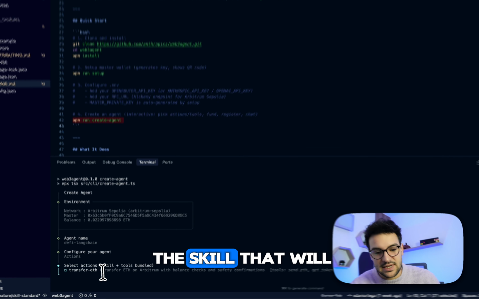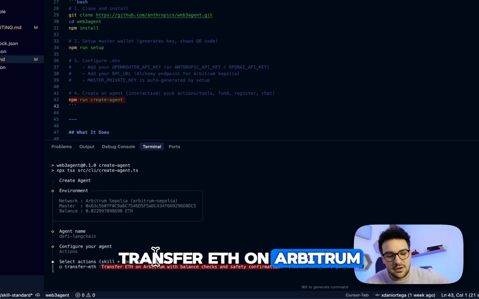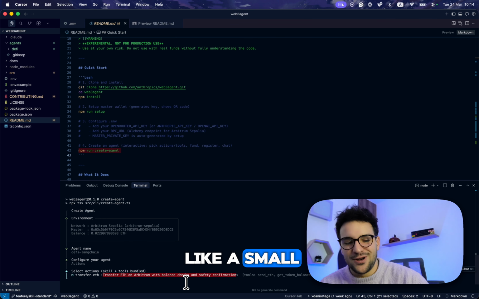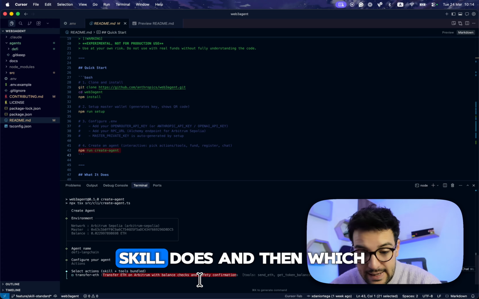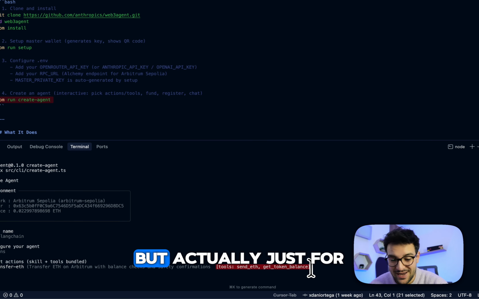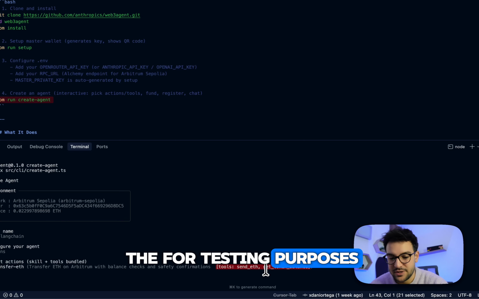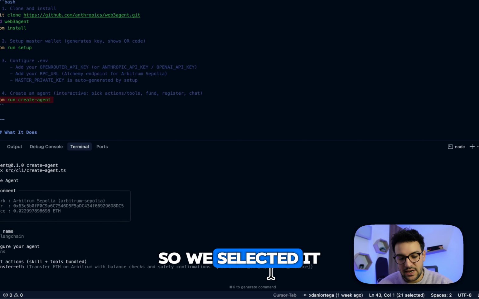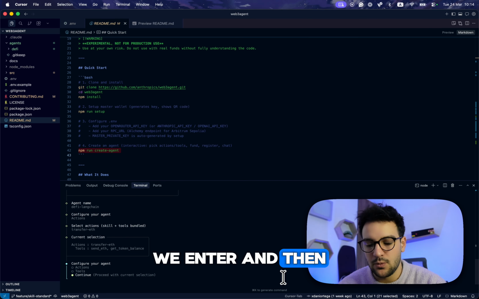First we have the skill that will define, basically, transfer ETH on Arbitrum with balance checks and safety confirmations. That would be a small hint of what the skill does, and then which tools it is actually using. Very simple ones, just for testing purposes. You have one for sending ETH and another one for getting the token balance. So we select it with the spacebar, we enter, and then we can continue.